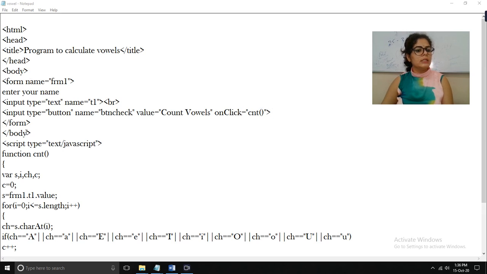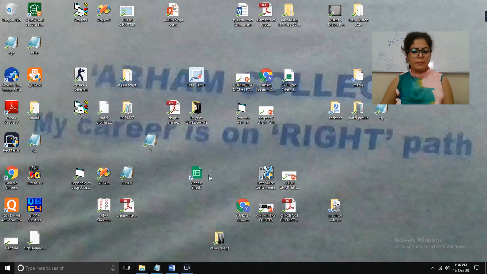So students, till this point, what we have done is we have created a form, and inside the form we have created two things, one text box and one button. So this is the text box and this is the button. I will first show you the output, how the form appears.